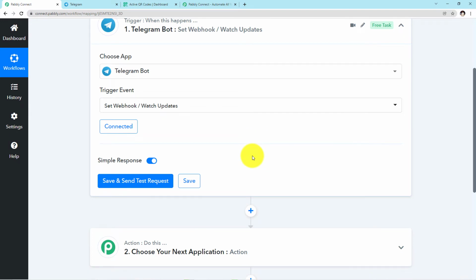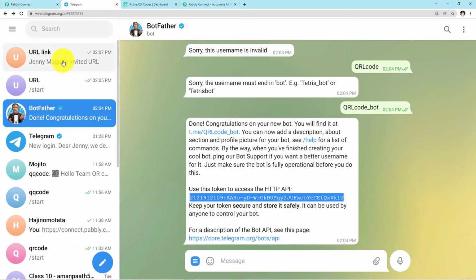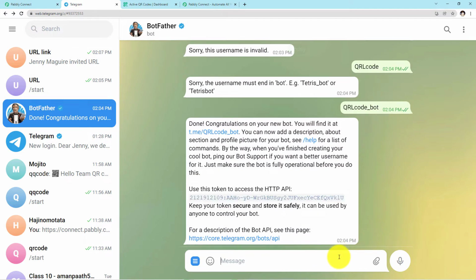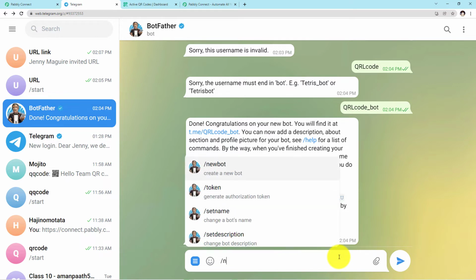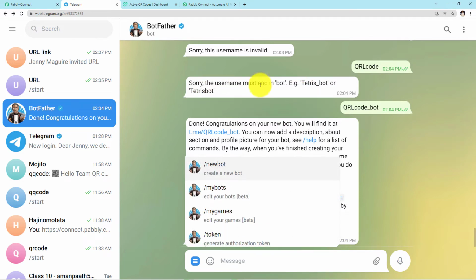Now, what we have to do is go to Pabbly Connect, Telegram, and I have already told you the process of creating a new bot. You have to first create a new bot by writing /newbot. You will press enter, then this message will come to you, which will say you have to put _bot at the end of your name.